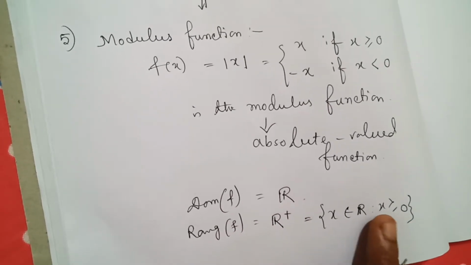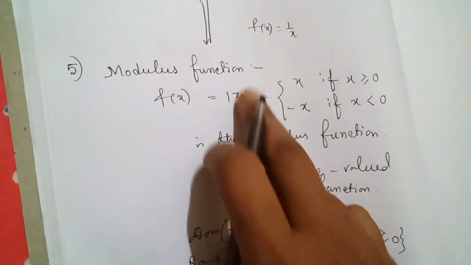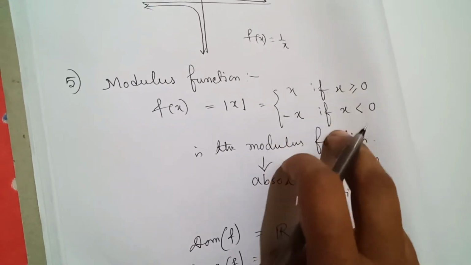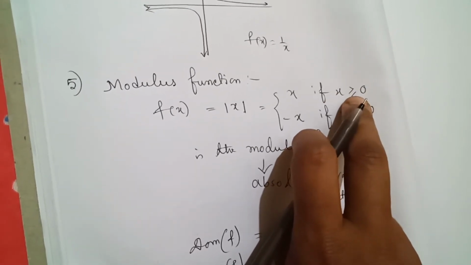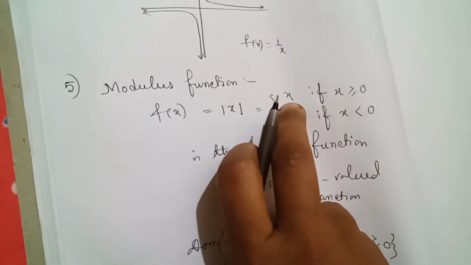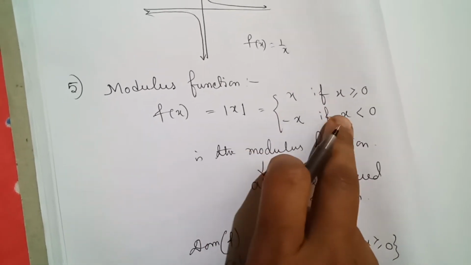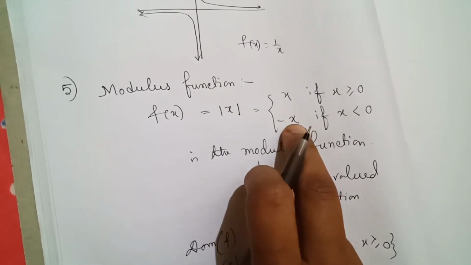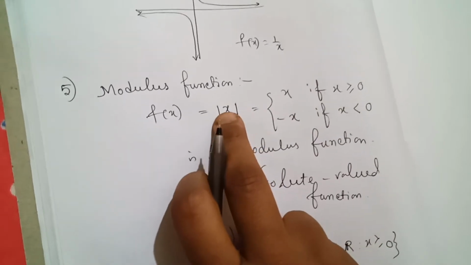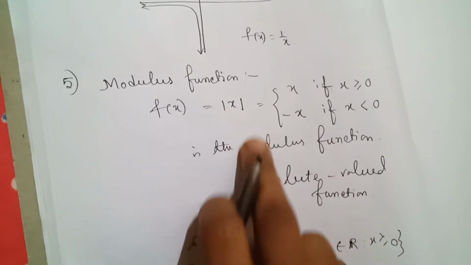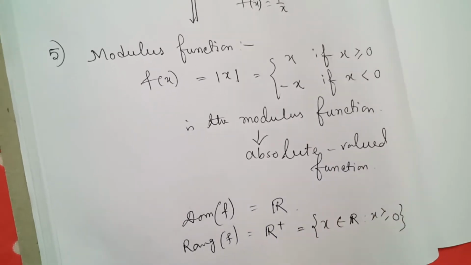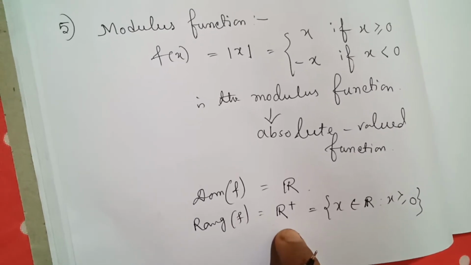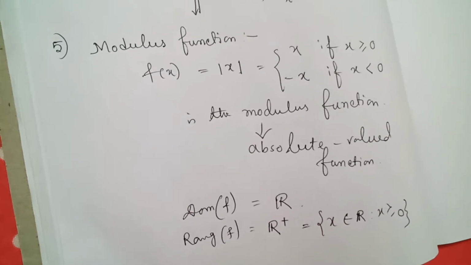Why only positive and 0? Because you can see this is an absolute valued function. That means whether you get negative or positive, if you are taking x greater than or equal to 0, then you are getting plus x, so it's again positive. If you are taking x negative, then negative and negative will give you positive. So in both cases, the final answer will always be positive. That's why we are saying it is an absolute valued function, and for that reason the range of f will be R plus. Okay, and its graph will be